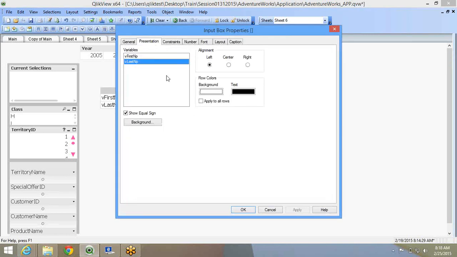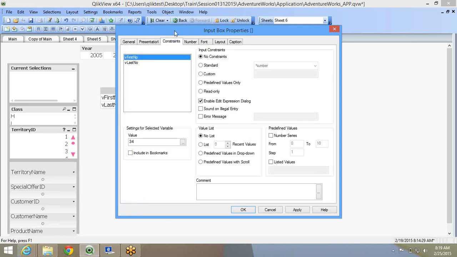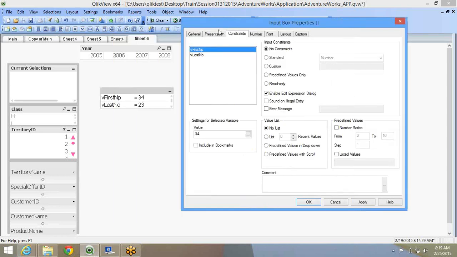Under presentation there is nothing much, just background color and so on. Now the most interesting part is, once you give an input option to the user, he will input left, right, center. He will not bother whether he is inputting numbers or text. To control that quality, you have these constraints, which restrict a user to update only a particular kind of value. If there is no constraint, you can update anything.